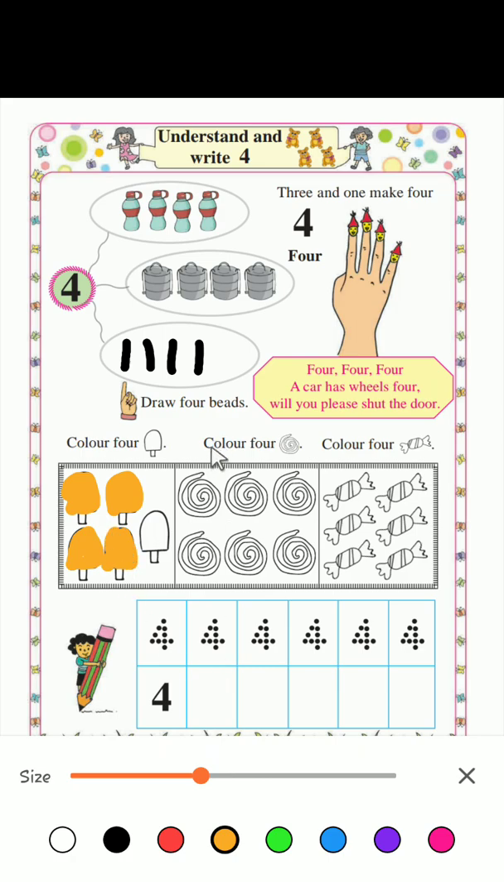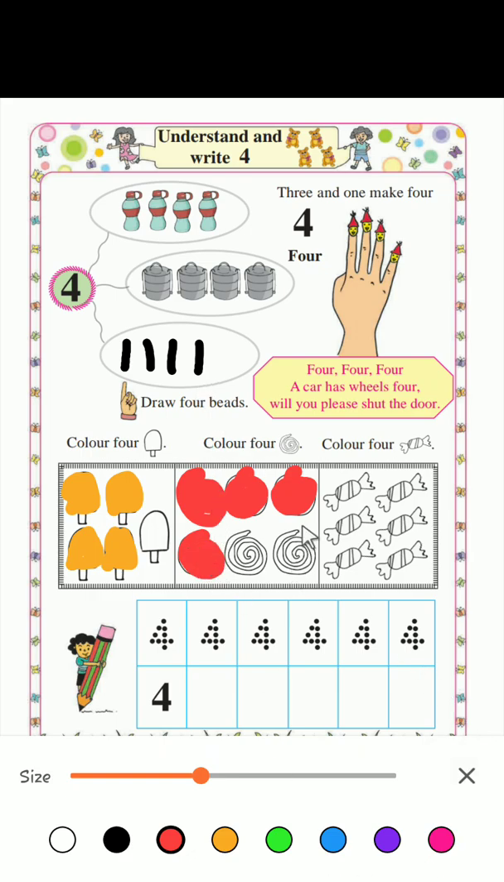4. Color 4 jalebis. Here 1, 2, 3, 4, 5, 6 jalebis are there. We need to color only 4. 1, 2, 3,